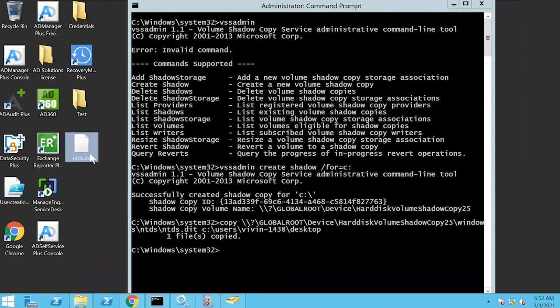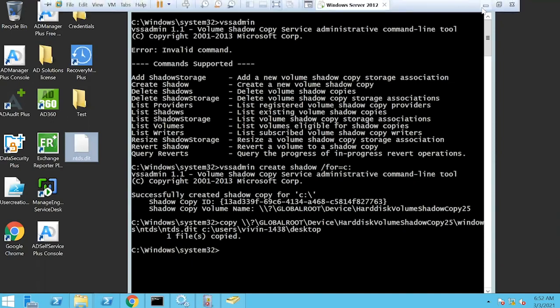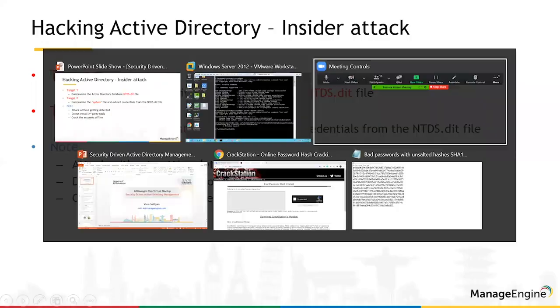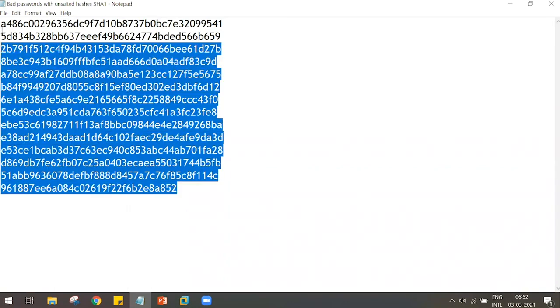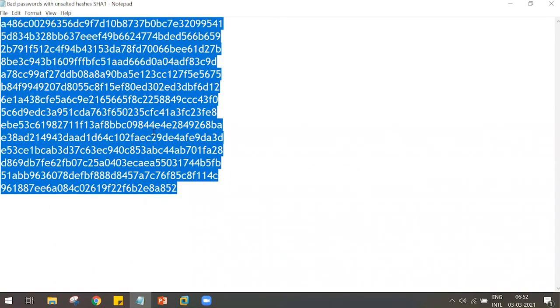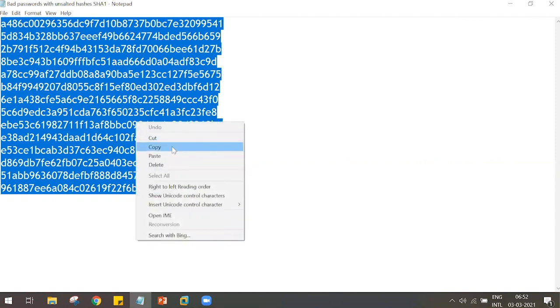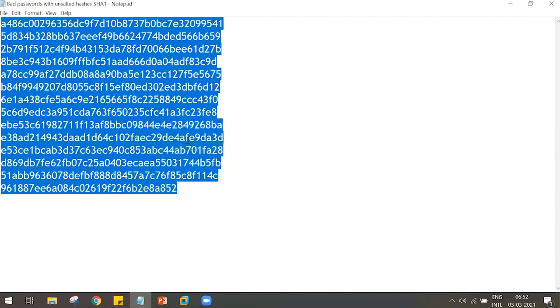Now, after you extract the password hashes from the ntds.dit file, the hashes would look something like this, right? So we are right now in step number 3. So I've already done the extraction to save time. So you have the password hashes here. These are not actual passwords, but the hashes. So in order to crack these hashes, of course, you can copy the hashes,